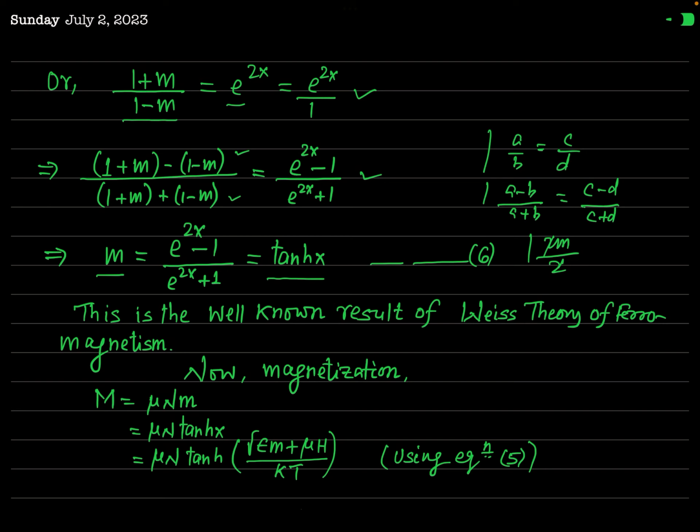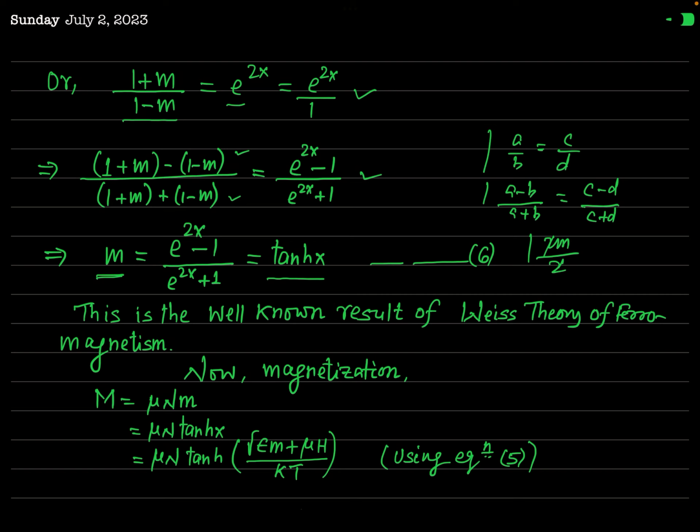And this is actually the well-known result of the Weiss theory of ferromagnetism. In lower classes we study Weiss theory of ferromagnetism, and this is the well-known result of that theory. Now after getting the value of this m, which also represents the magnetic moment per lattice site or per